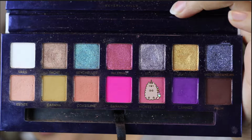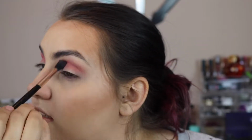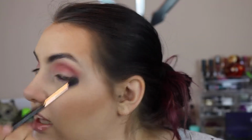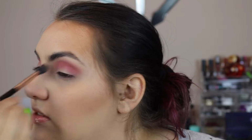Then we're going to go in with Monte Carlo, and I just fluffed that everywhere too, because the only main shade that we're going to go in the crease with is going to be Bahamas and Canis. I don't know, the purple one. So right now we're just fluffing all these transition shades and pinks together to get that nice blend. Like I said, I think that Instagram photo probably just had a couple shades that they used, but